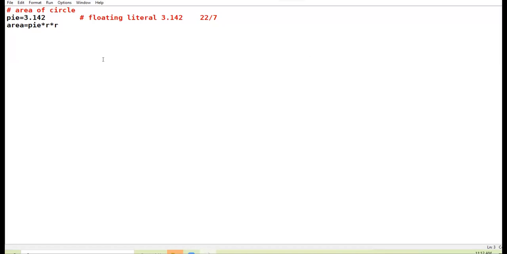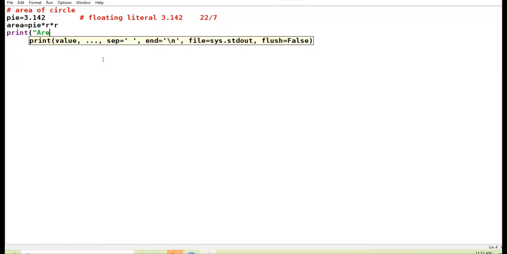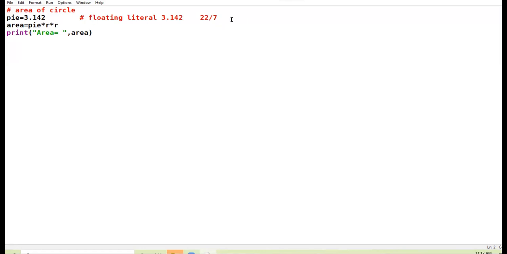Okay, so finally print area equal to comma area. Okay, so simple program, just finished in 3-4 lines. Now we have to give the value of radius also.